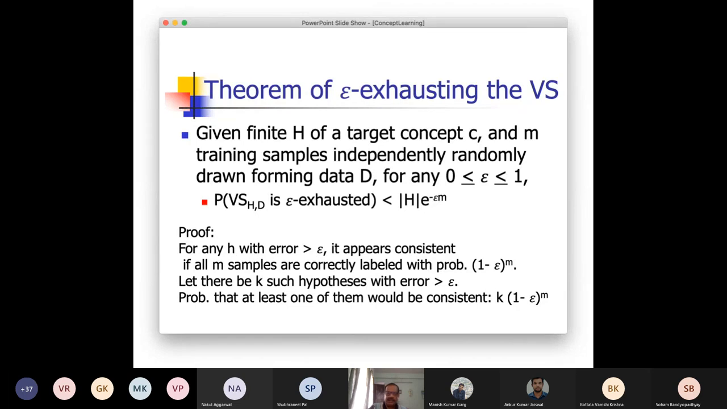Right? So there is an interesting simplification that is always carried out in this kind of analysis. One thing is that you know that 1 minus epsilon is less than e to the power minus epsilon. You expand e to the power minus epsilon, then you can understand that. So naturally, k times 1 minus epsilon to the power m is less than k times e to the power minus epsilon m, and since k is the number of hypotheses within the hypothesis space, k has to be less than the total size of the hypothesis space. So finally, this probability that at least one of them would be consistent